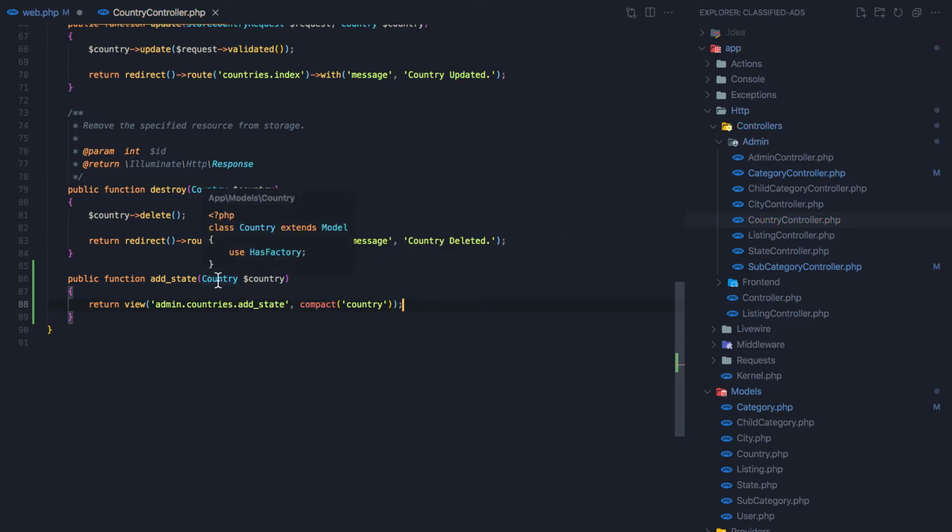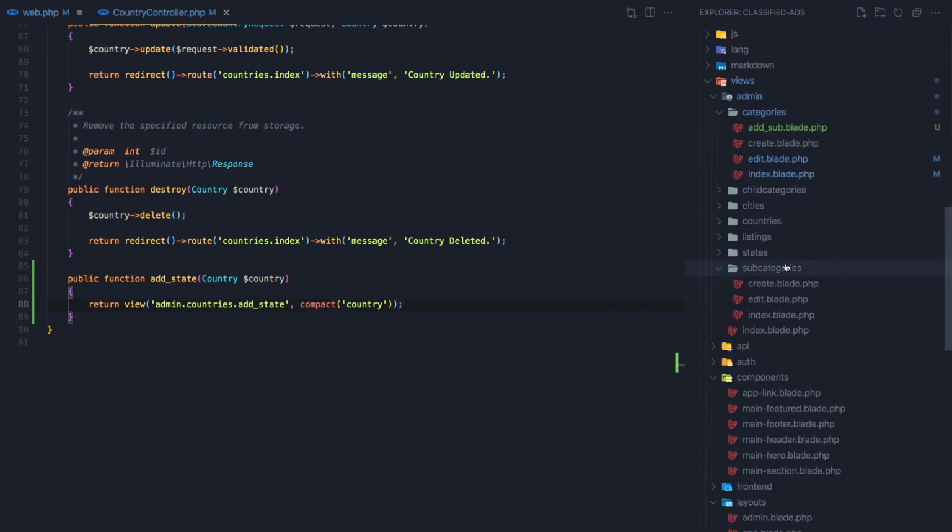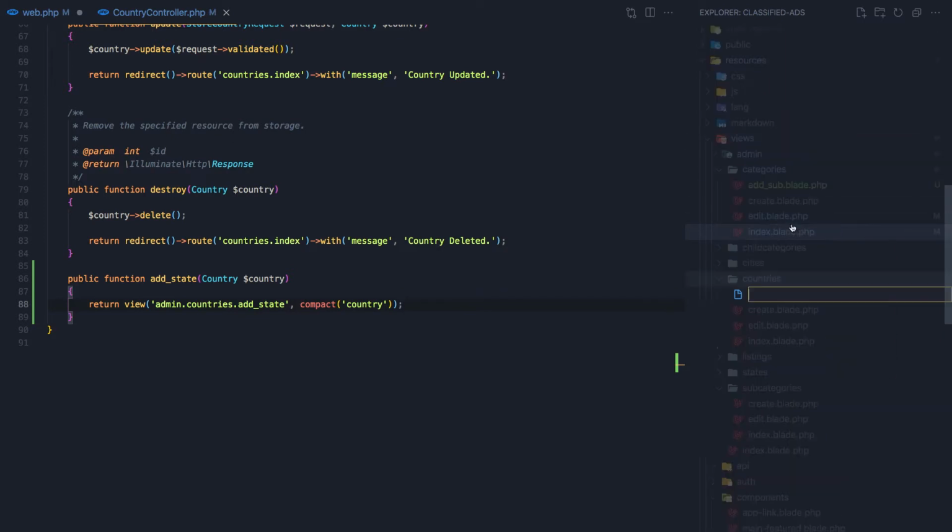Save, and we need to create this add state file in the countries, new file, add state.blade.php,